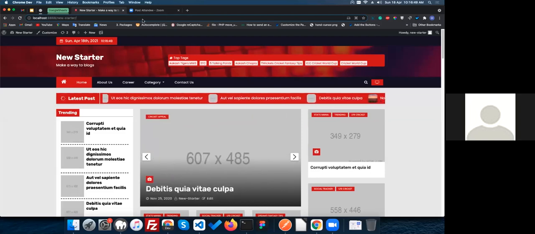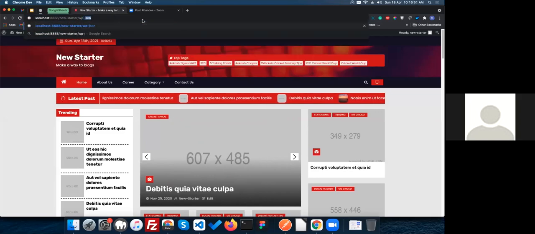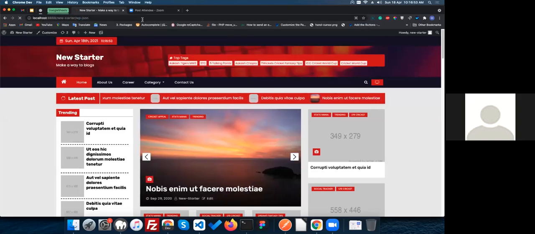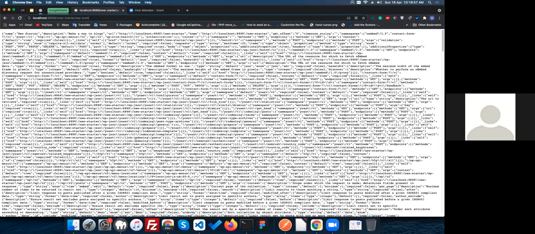In WordPress, as you can see, just after your home URL you can type wp-json, where you will see your REST API data. You also need to know that in your WordPress project you have to enable the REST API. By default it's already enabled, but in some projects you might disable it for security purposes. You have to enable this REST API so you can use it in your Frontity project also.